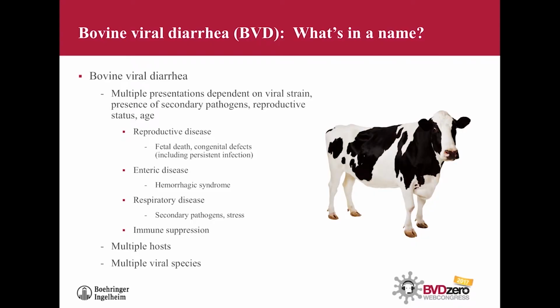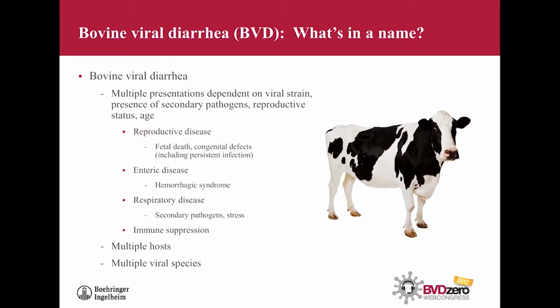Bovine viral diarrhea, we have multiple presentations depending on viral strain, presence of secondary pathogens, and reproductive status and age of the animal infected. We see reproductive disease that's expressed as fetal death and congenital defects, including persistent infection. We see enteric disease, the most severe of which is hemorrhagic syndrome. We see respiratory disease, principally with the infection of secondary pathogens and stress. We also see immune suppression, and this is probably the hallmark of pestivirus infections, is that the immune system is